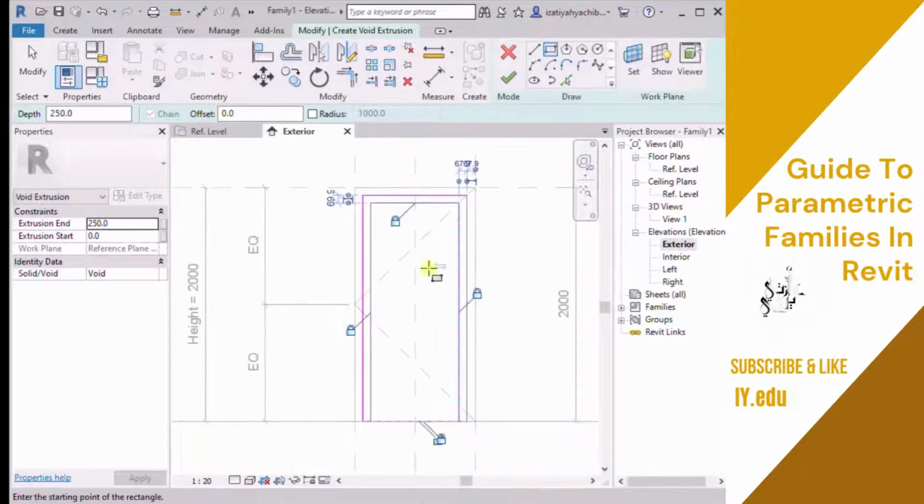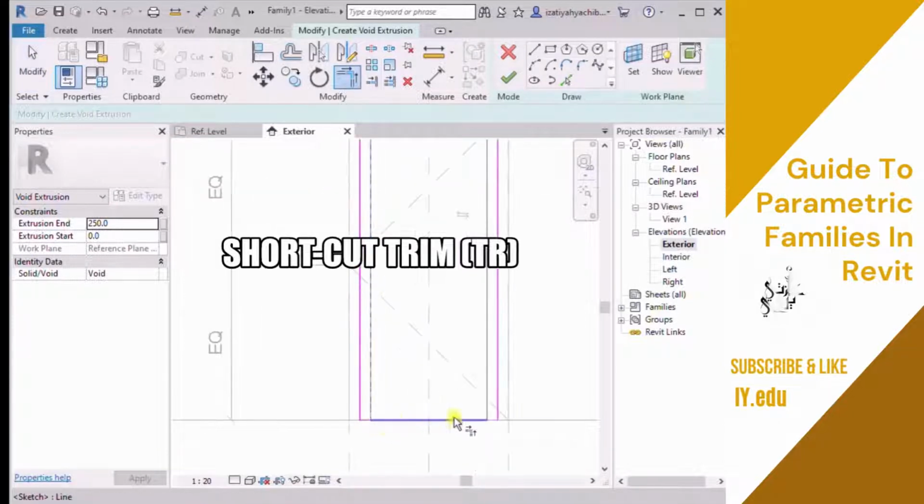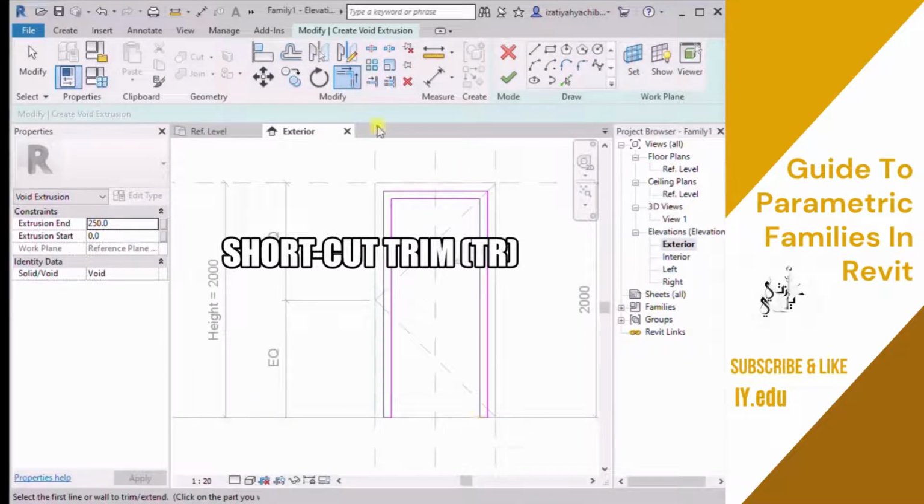And now after hitting escape and modify to exit the command, we are going to use the shortcut trim, TR. So this trim, and we will come up here, right here too, to close this form. Okay,